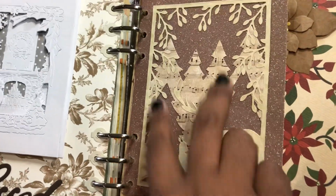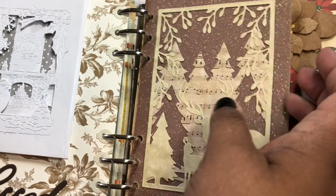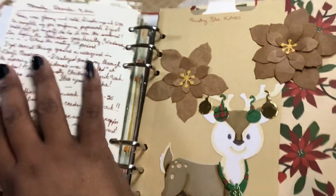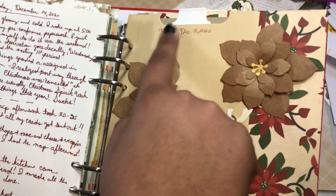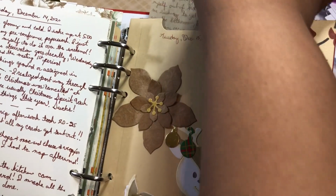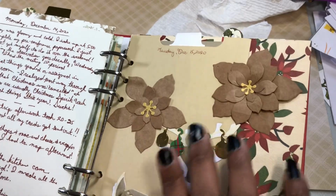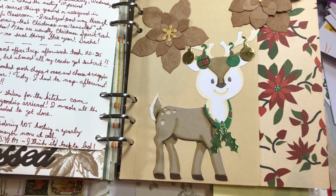And then I showed you guys this one. This was a card I had started with this glitter paper, and it's one of the double-sided dies from Crafter's Companion, and then I never finished it. So I was like, I'm just going to cut it and put it in here and put my journaling on the back. All right, so this page was another one of those Elizabeth Craft pocket dies, and then I made a tag to go in it. And then I can't remember which set of dies these poinsettias come from, but this is from the Reindeer Folded